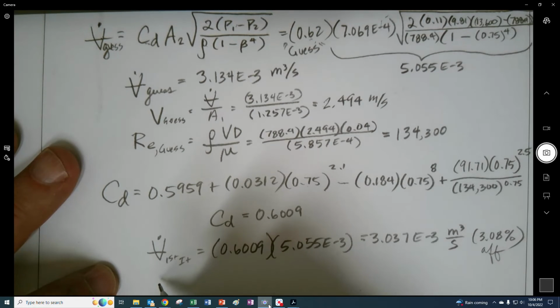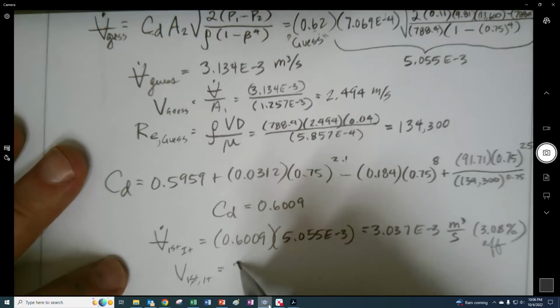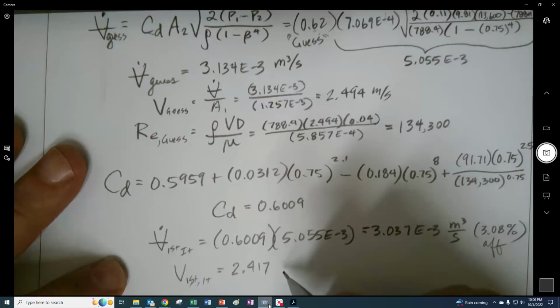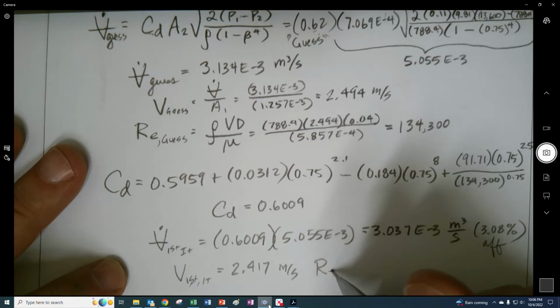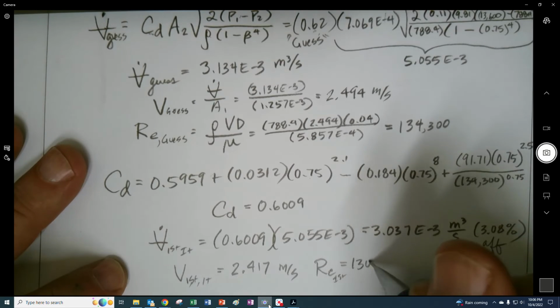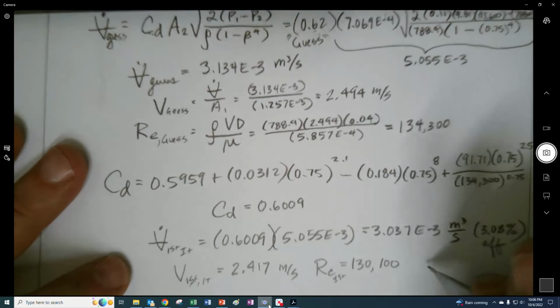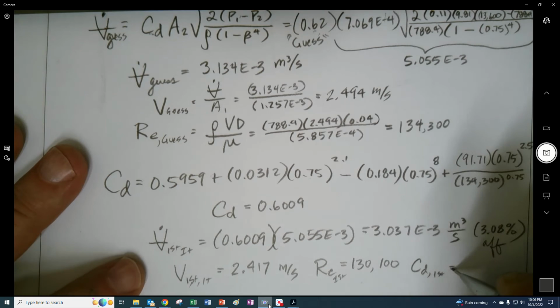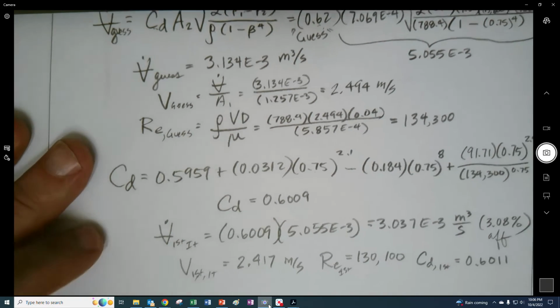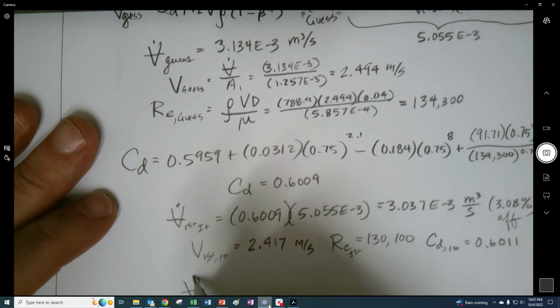So we could do this again right here and find the velocity from our first iteration. And if we do that, we get 2.417 meters per second. And we get a new Reynolds number from our first iteration of 130,100. And therefore, we get a new CD from our first iteration of 0.6011. And then if we go now to our second iteration,